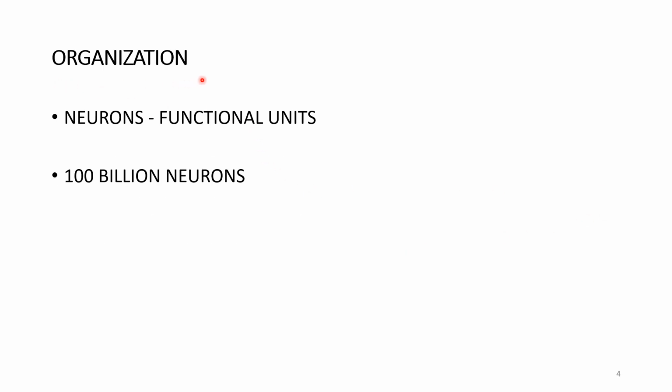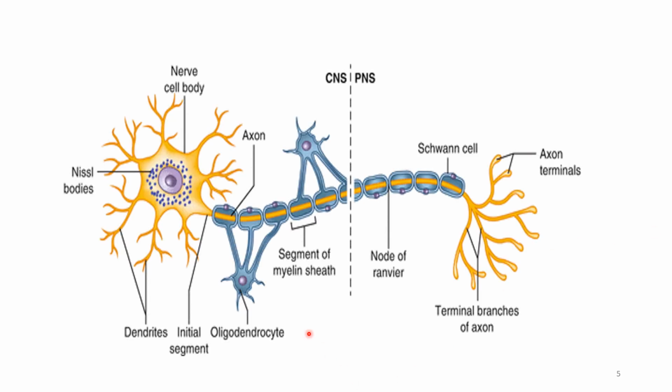Coming to the organization of the central nervous system, it is composed of neurons. The neurons are the functional units of the central nervous system. Nearly 100 billion neurons make up the nervous system. If you see a neuron in the central nervous system and in the peripheral nervous system, what is the major difference? The myelin sheath is formed by oligodendrocytes in the central nervous system and by Schwann cells in